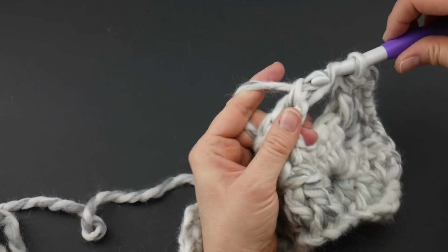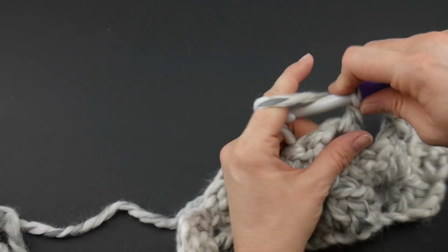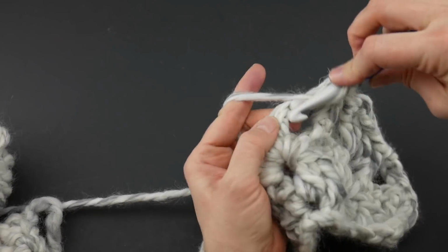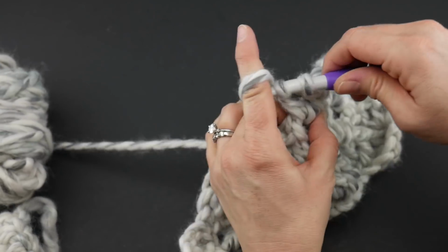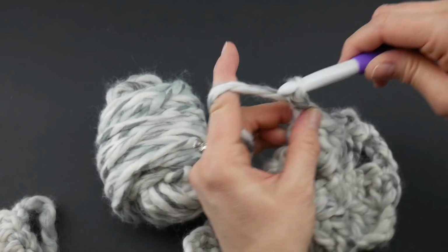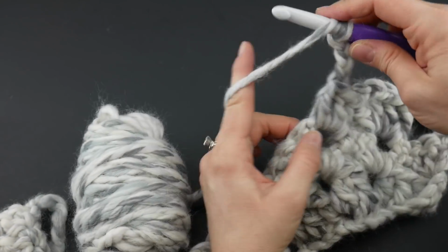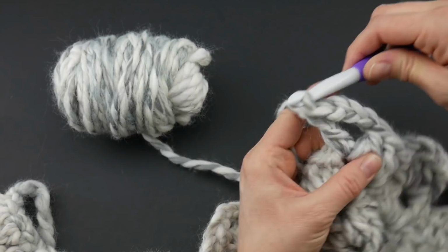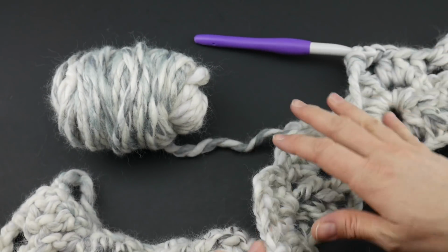Once again, we're going to do 3 double crochet, 1, 2, 3, chain 3, 1, 2, 3, and then double crochet in the same space. Do those in each of those chain 3 spaces all the way across, and then once we get to the